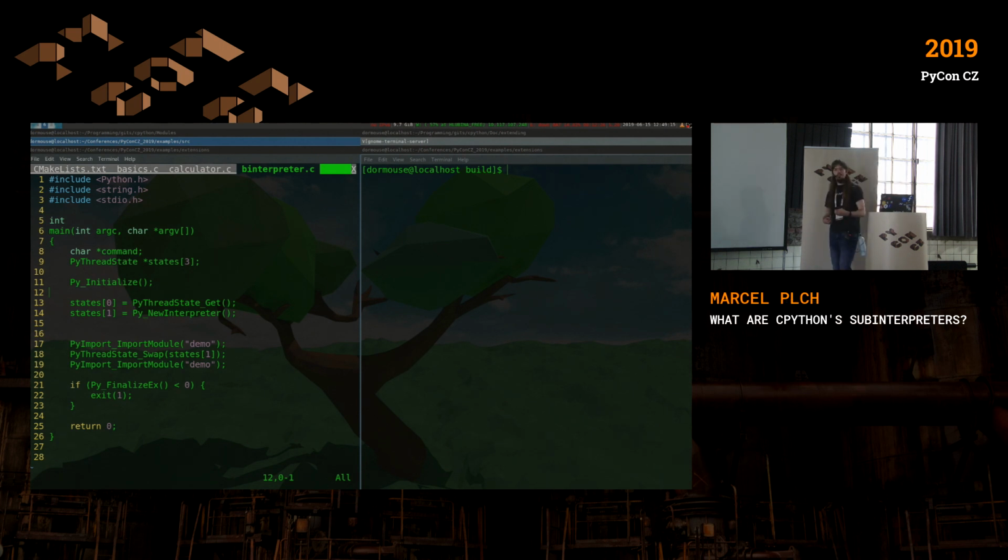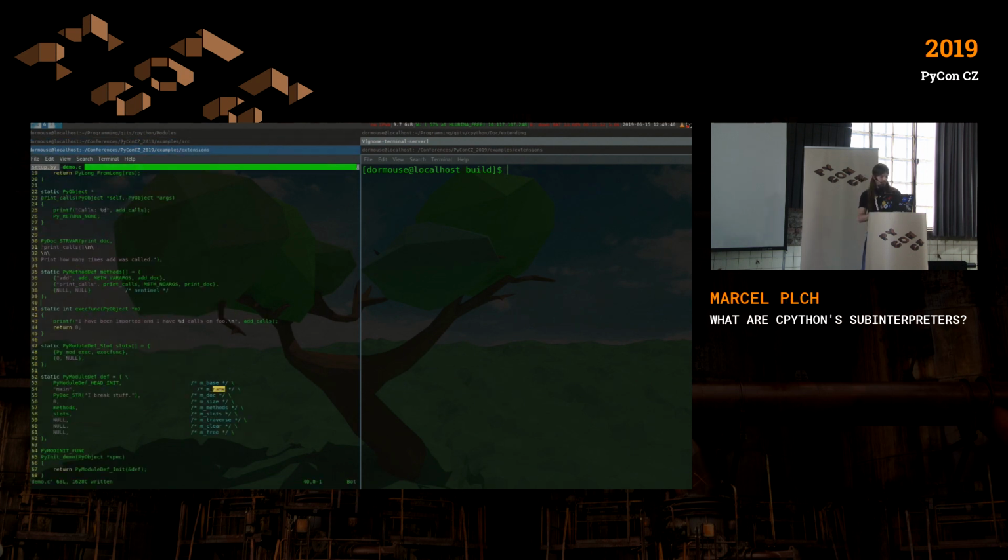And threads have, for example, their own stack, but they share the heap with other threads inside of the same process. So for example, in C, when you use a global variable and modify the global variable, you can see the results in all of the threads. And when you use subinterpreters, you don't want this to happen. So there are extensions that break things,